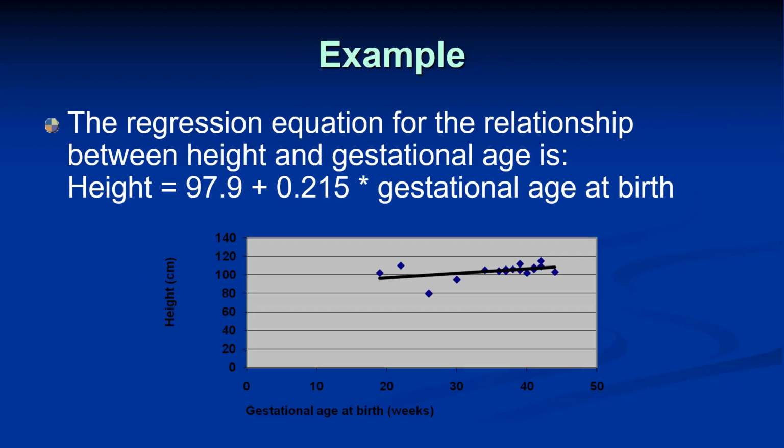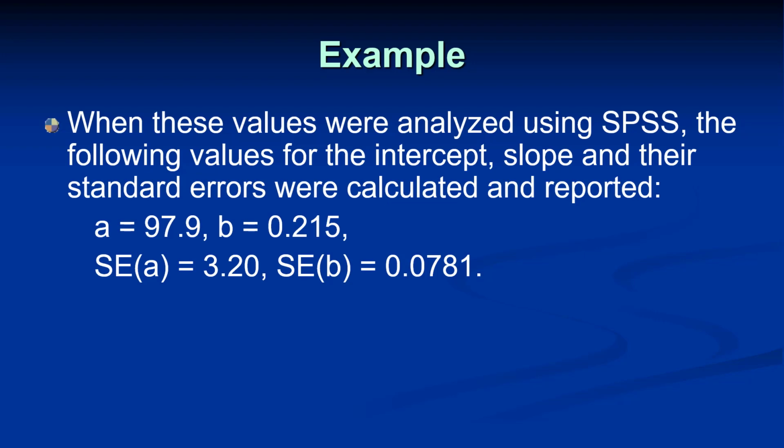The graph shows the relationship between height and gestational age at birth of 21 children of 5 years of age. The goal is to see if the gestational age at birth is associated with growth. The response variable is height and explanatory variable is age. When these values were analyzed using SPSS, the following values for the intercept, slope, and their standard errors were calculated